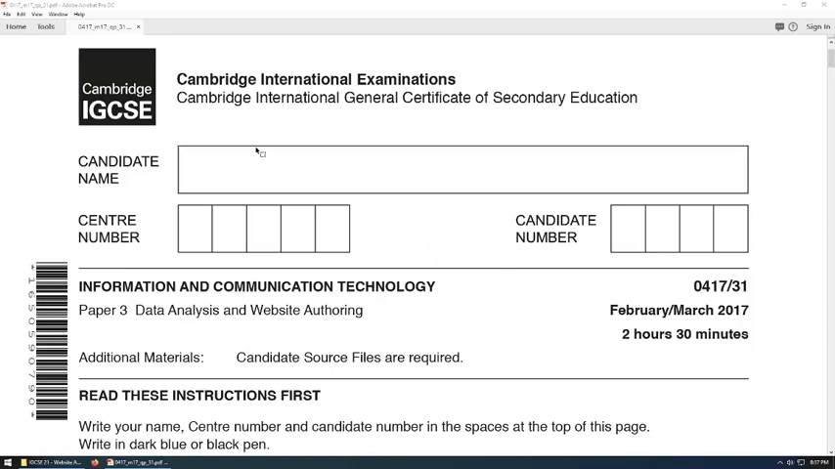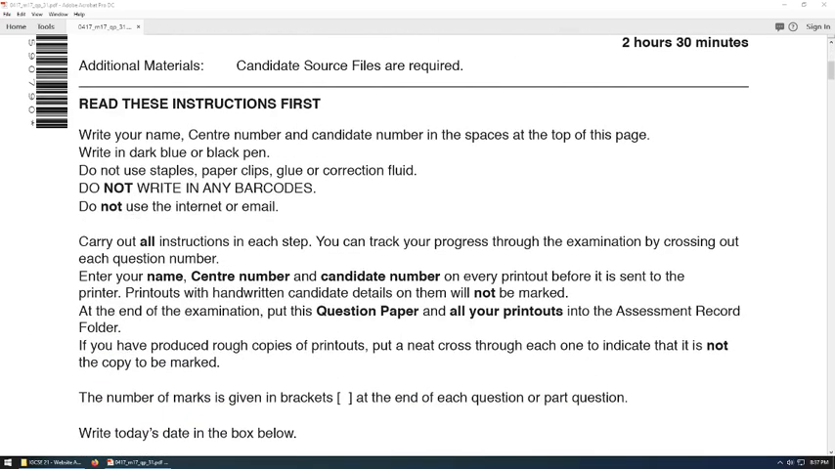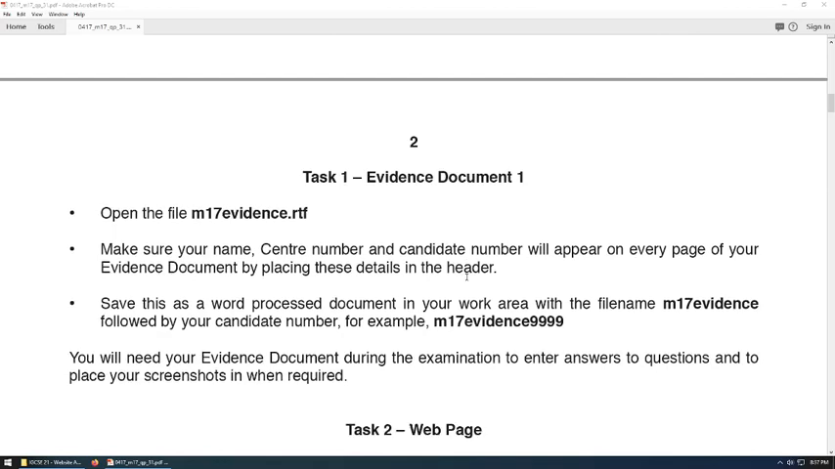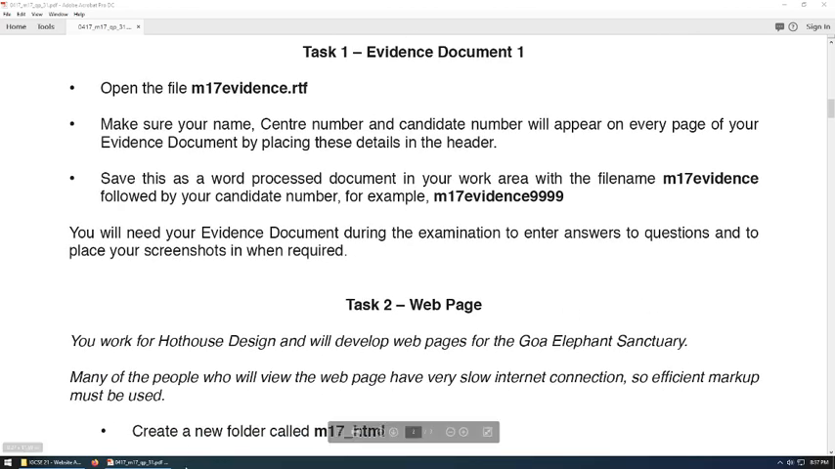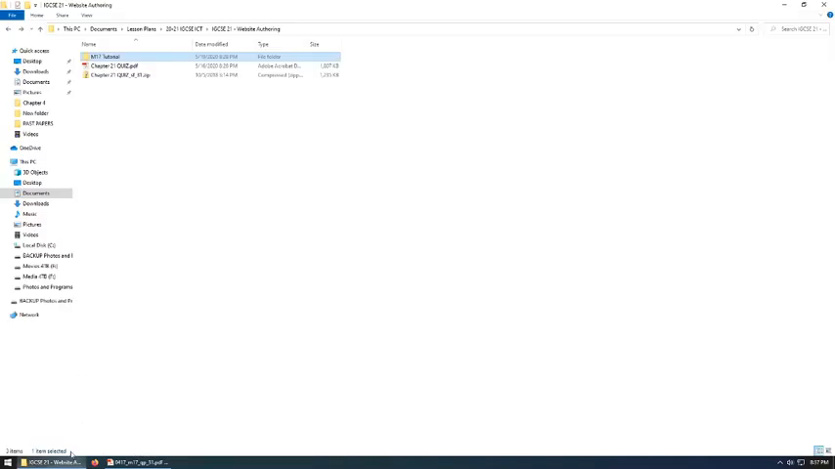I'd like to go through this IGCSE ICT past paper from March of 2017 without using any WYSIWYG editor, just HTML. Okay, so we start off, open the file m17evidence.rtf, and you need to